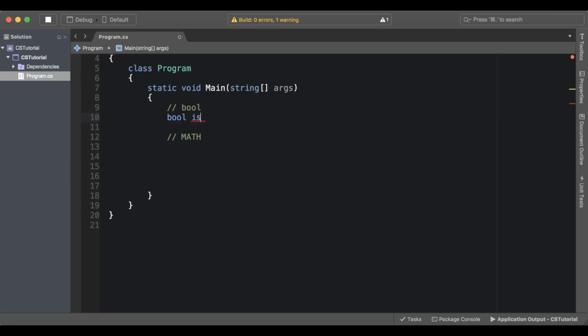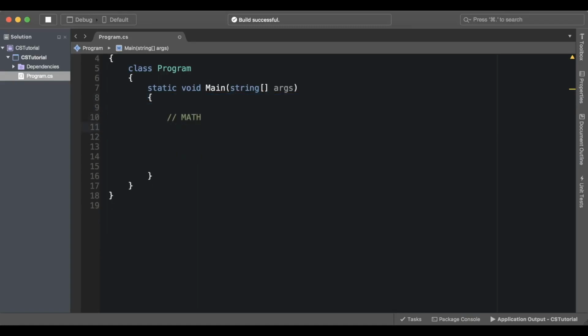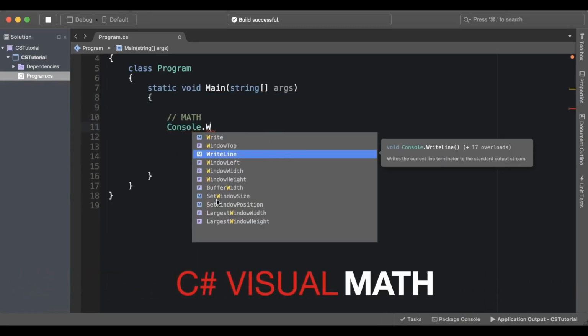So let's say I have a Boolean which is called canSwim, which is equal to true, as such. So if you want to go ahead and just print it out, it will print out true as such. Now the other value it could take is false. It cannot take any other value. So that's it for all data types. Let's start doing some math. So for this, I'm going to use only the